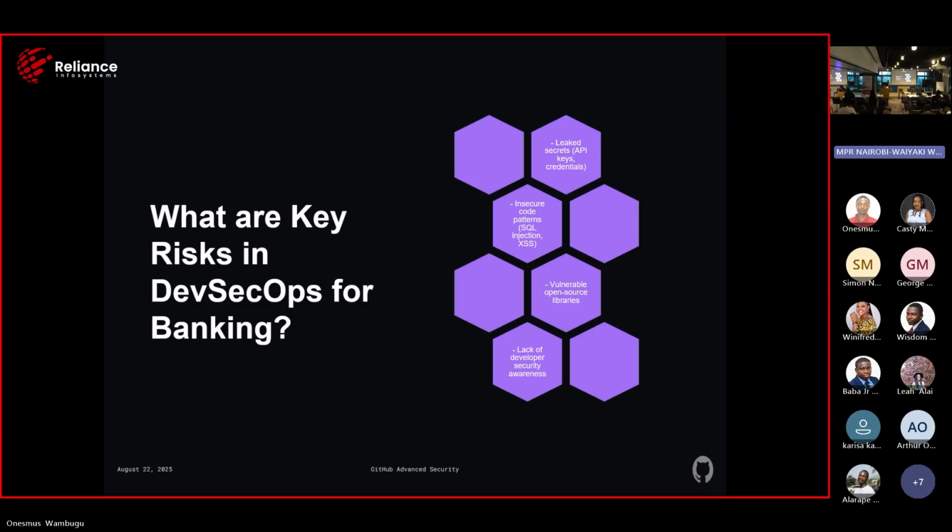So we also use open source libraries. So using outdated or unpatched third-party libraries increases the risk of exploitation through unknown vulnerabilities. So with GitHub Advanced Security, we are able to detect third-party libraries that are vulnerable. We also face the risk of lack of developer security awareness. So developers may unintentionally introduce risk if they are not trained in secure coding and best practices. So this risk highlights the importance of integrating security throughout the development lifecycle in the banking sector or any other